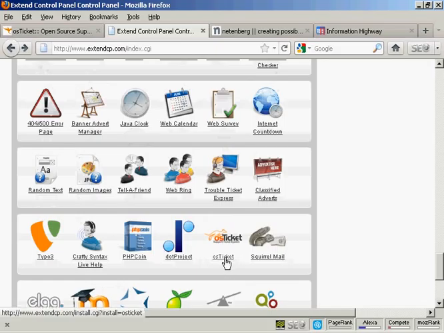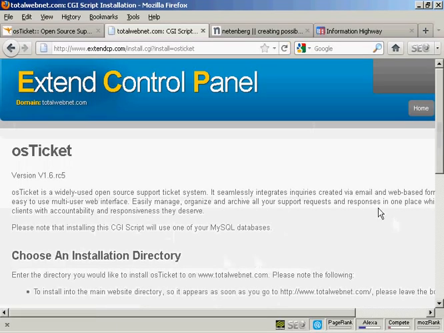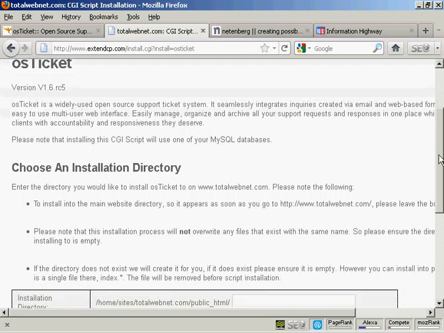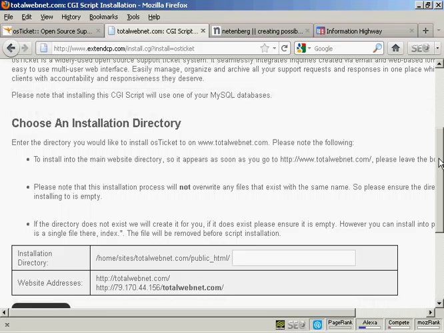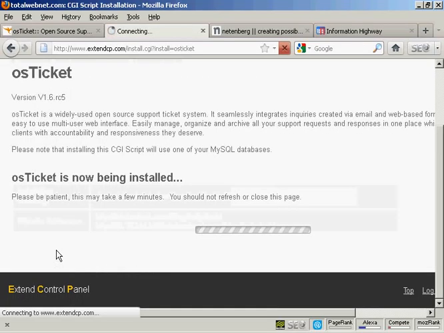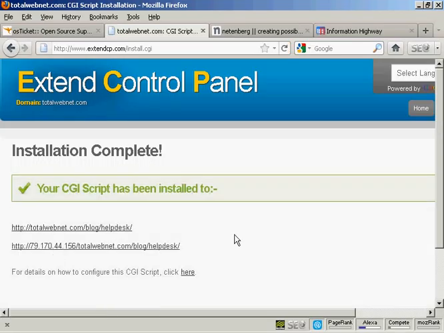Okay, first thing to do is to click on the link, and then we need to choose an installation directory. So I'm going to install this under blog and Helpdesk, and then click on install now. As you say, this can take a few minutes. And there we go, it's now been installed,